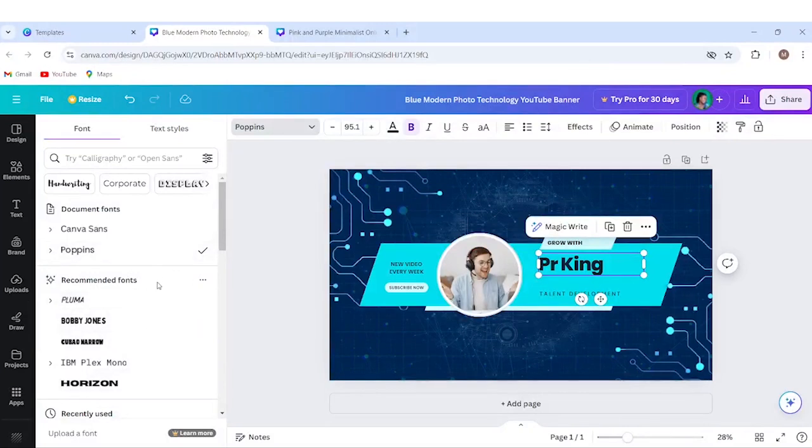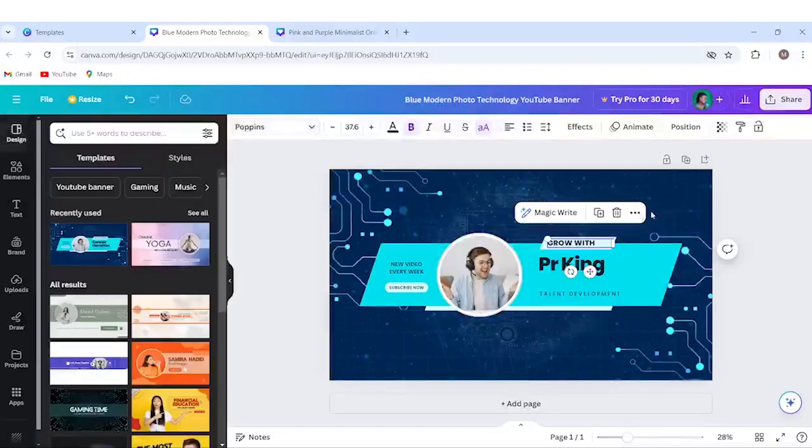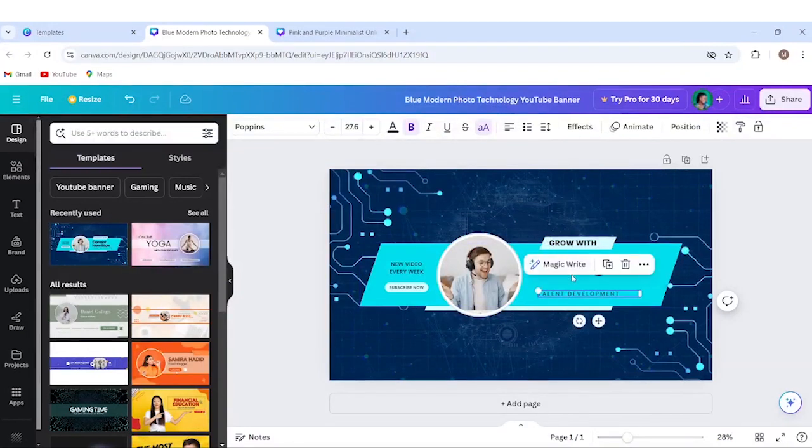Then we have the font sizes here. The plus is for increasing, the minus is for decreasing. So let's say I want to increase this grow width. I just tap on it. Then when I see that it is fitting enough, well positioned, you know. So maybe let's say I like it the way it is. I like this also where it is. Maybe this, maybe I would love this to be a little bit below,